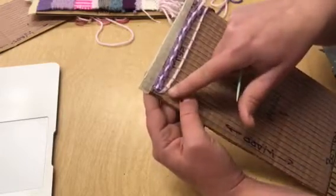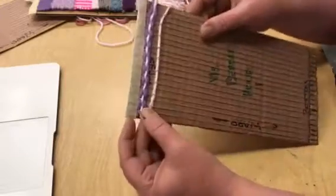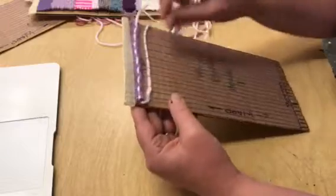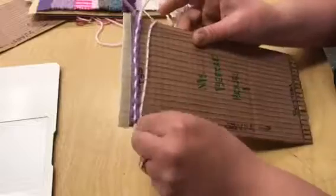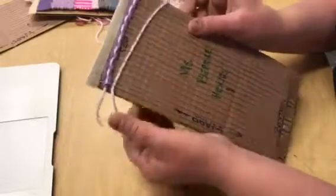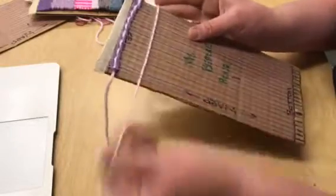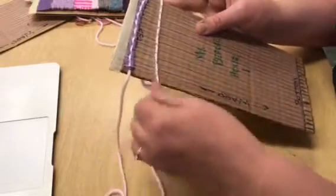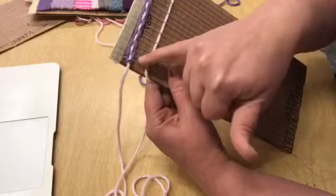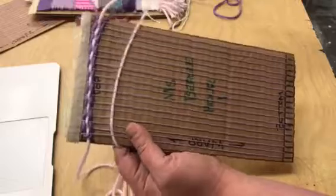Oopsies, I went under 2. Oh, see, that's when we make mistakes. I need to pull this thread back through and fix that. And that's always not the most fun thing in the world, to pull a thread out to fix your mistake, but it's better to do it now than to have something look weird later on. So pull it back out, try it again. So right there, I should have gone over that thread, and I thought I had, but I must have made a mistake. So pull it back,